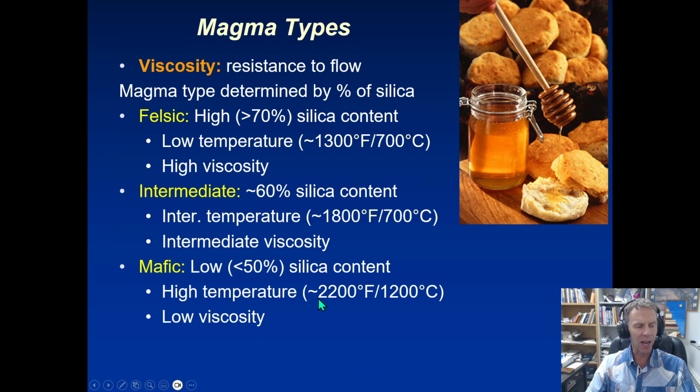They tend to be a lot higher in temperature, so they're going to have some of those high temperature minerals like olivine that we talked about. They're going to tend to be much lower in viscosity. So when these erupt or make their way to the surface, these types of lavas are going to be very runny. The gases can escape pretty easily, and for the most part, these are going to be less hazardous and